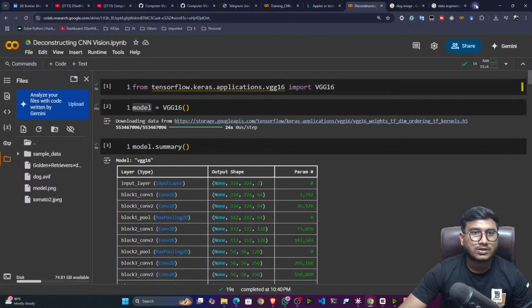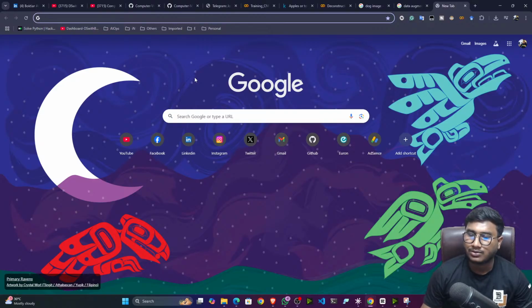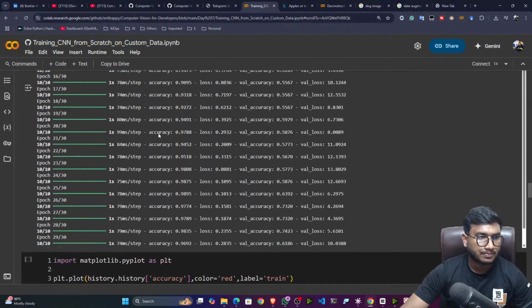For this, first of all, let me show you with a single image, how from a single image I can generate multiple data, how I can do the augmentation. Then I will show you with this demo, the demo we showed you